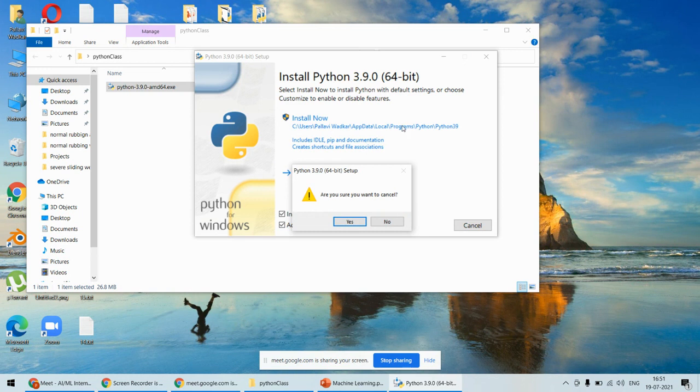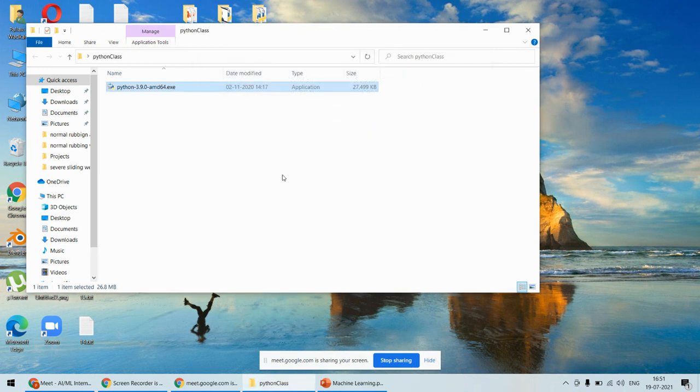Similarly, there will be a VS Code setup, an .exe file. There are no special instructions for that. You just run that exe file, click on I agree and next, next, next. That will install VS Code. So installation of VS Code is very straightforward. No worries with that. But for the Python installation, you will have to click on the add Python to path button